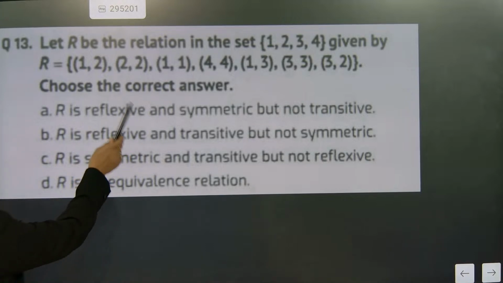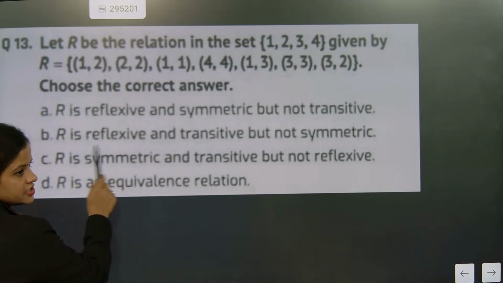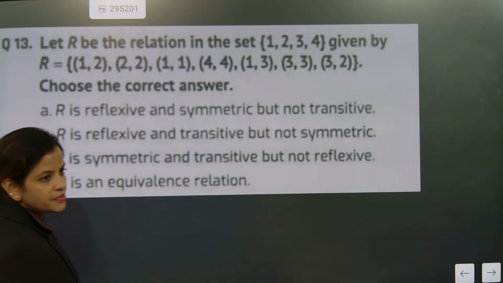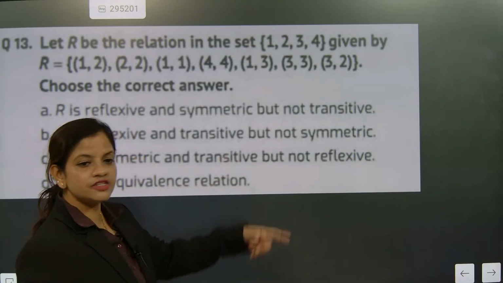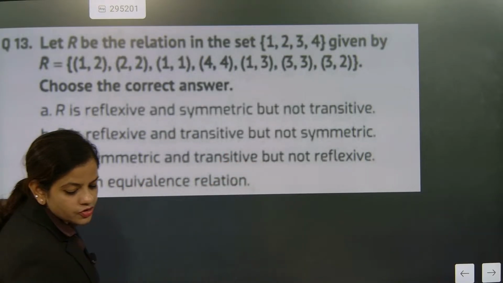So now look at 1, 1, 2, 2, 3, 3. It is reflexive, but it is not symmetric. So it is reflexive and transitive, but it is not symmetric. So this part,